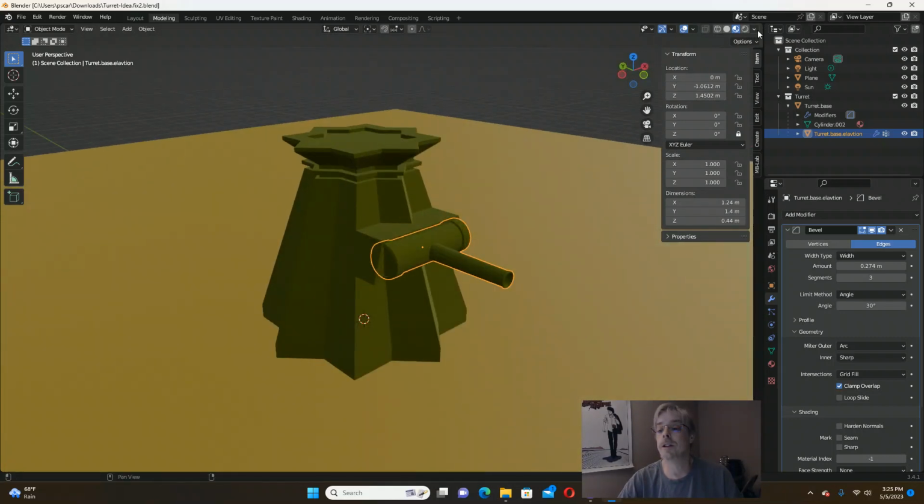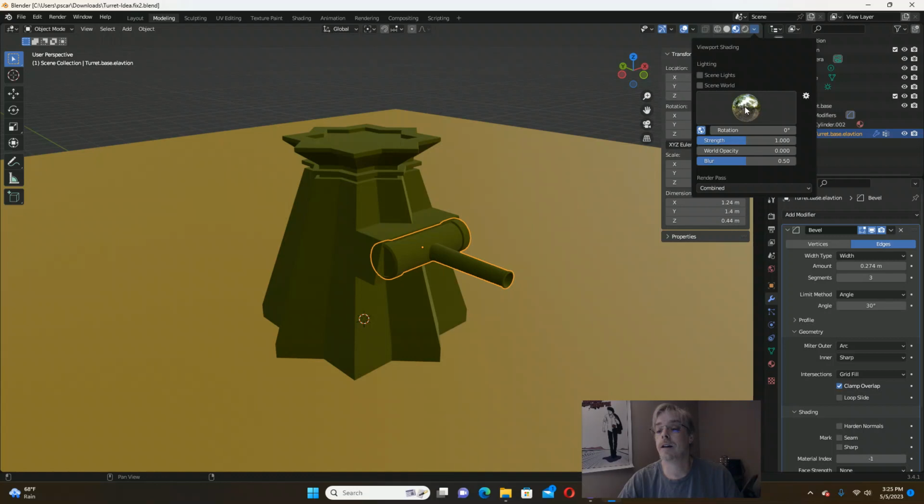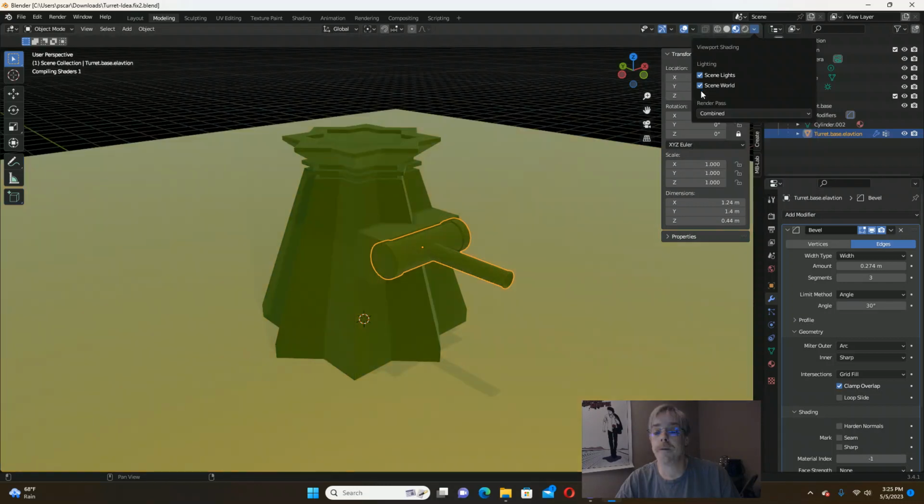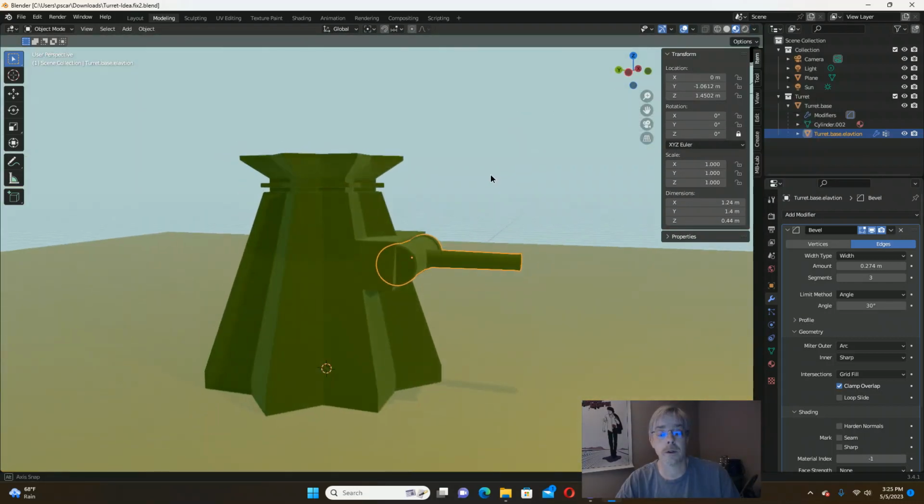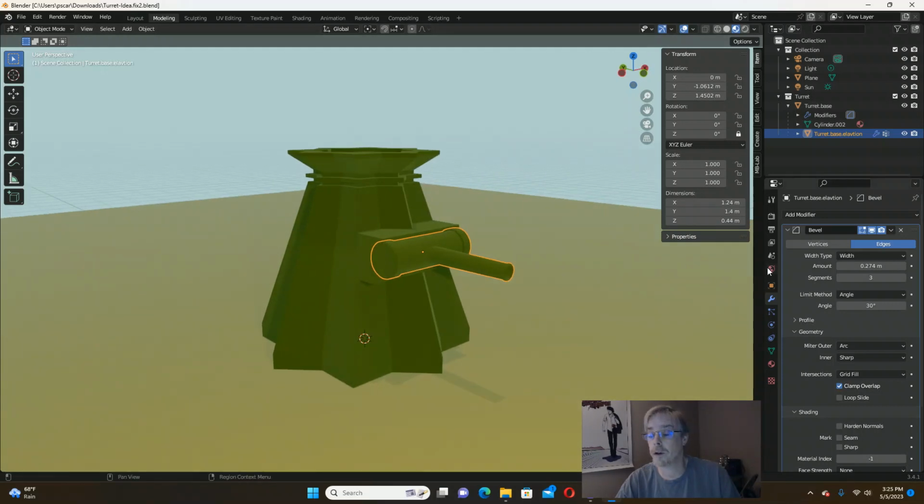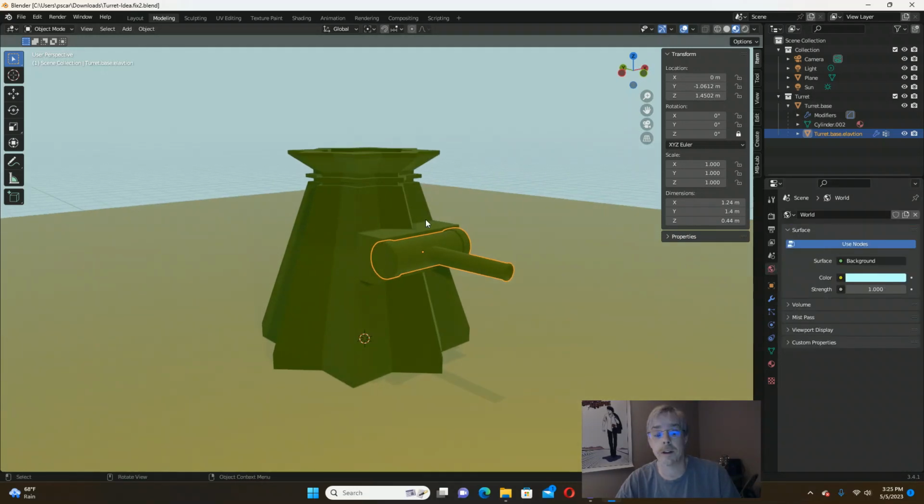This is using a HDRI map to do this. Do we want the scene world? I don't know. Okay, it's using the scene world. Let's take that off. It's combining them. No, we don't want to look at that. That's going to confuse